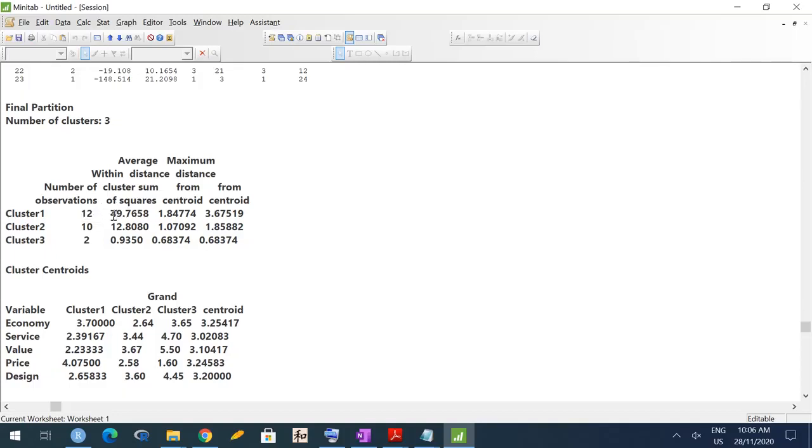So this is roughly 4 point something. 12 by 10 which is roughly 1.2. And this is roughly 0.4. Okay. 0.93 by 2, so roughly 0.4. So of course cluster 1 is more heterogeneous than cluster 2, and cluster 3 by default is going to be most homogeneous. Okay, so if at all you want to split say one cluster further, you should split cluster 1. Okay, another option is just increase the number of clusters here and see how things pan out.